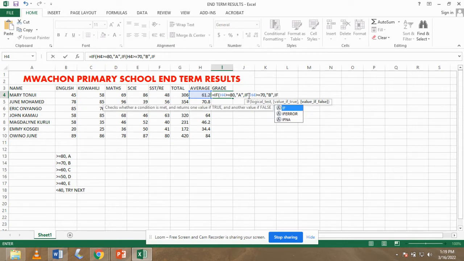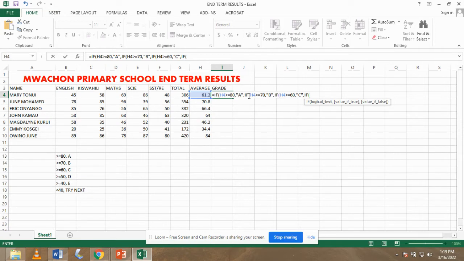Start over again, if, and then open the bracket, H4 is greater than or equals 60, comma, open the quotation mark, give that person C, and then close the quotation mark, comma, and then start over again, if H4 is greater than or equals 50, then comma, after comma, open quotation mark, that is D, then close it, and then next is